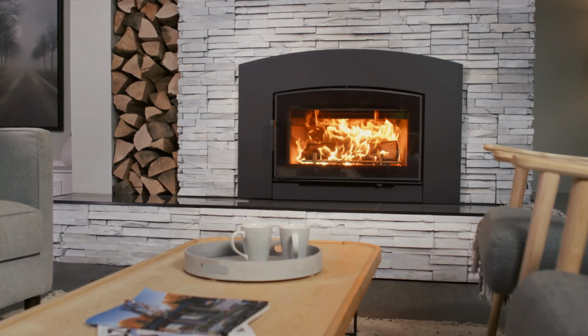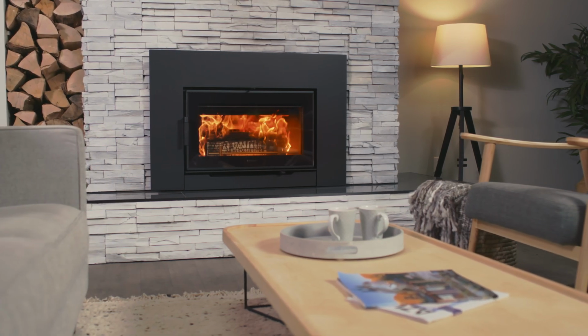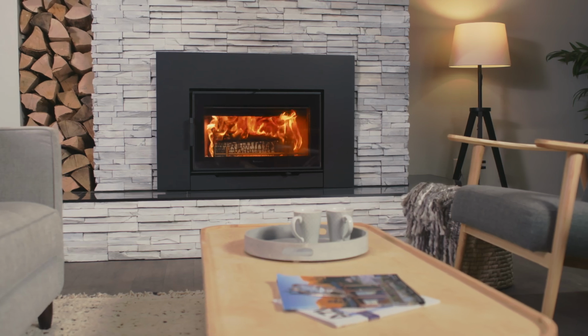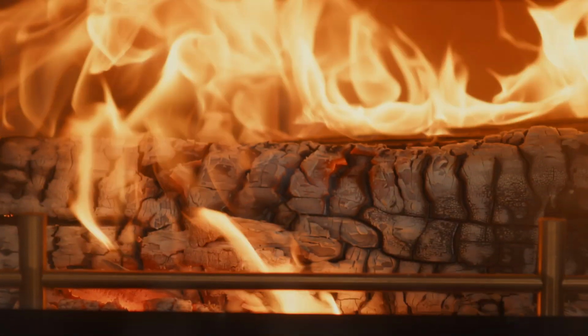The Regency Alterra Pro i3000 offers a unique blend of timeless elegance and modern functionality, striking the perfect balance between form and function. Discover the all-new Alterra Pro i3000 at